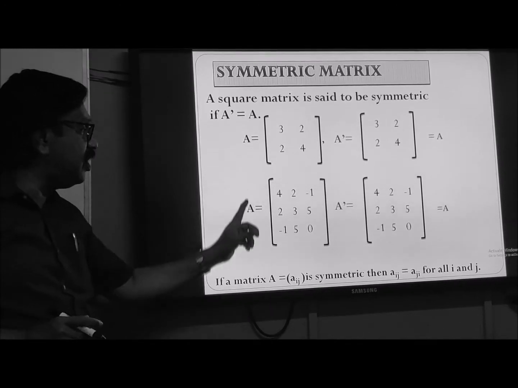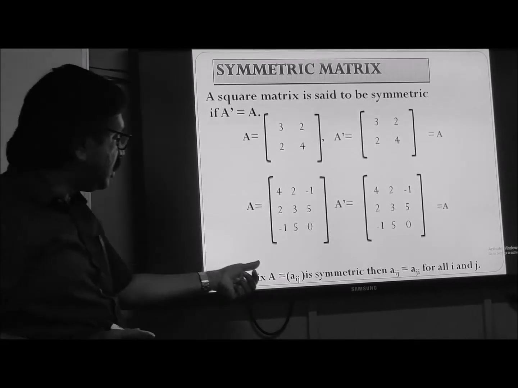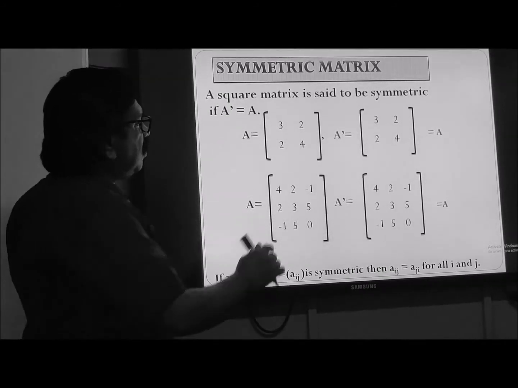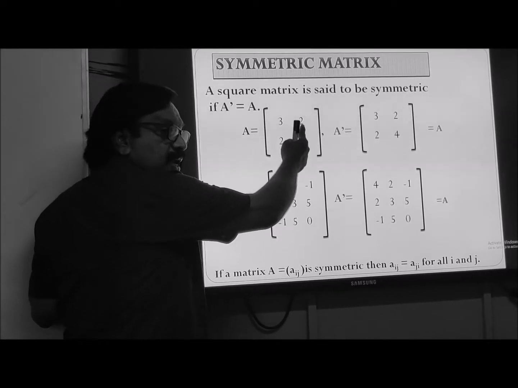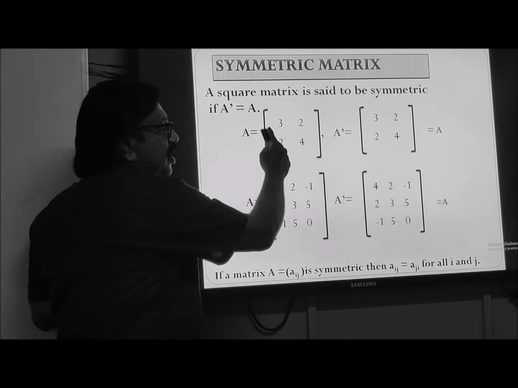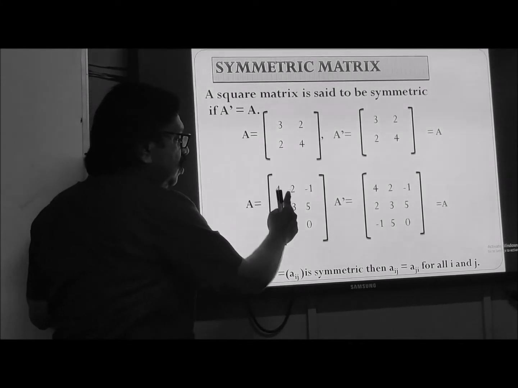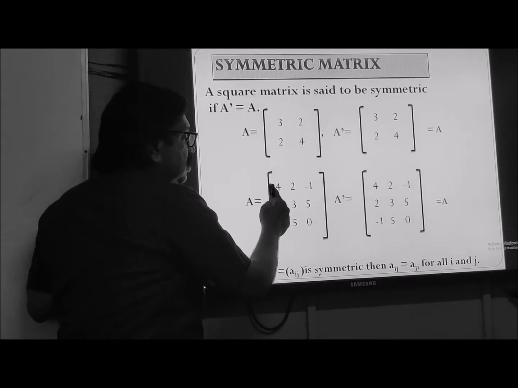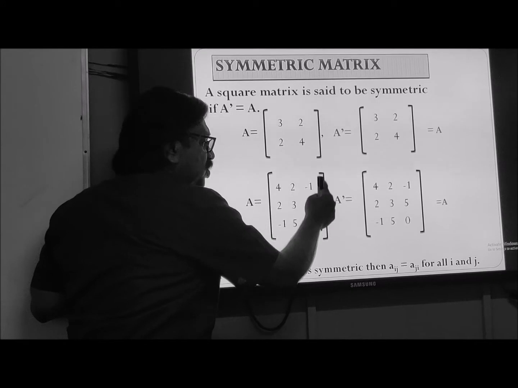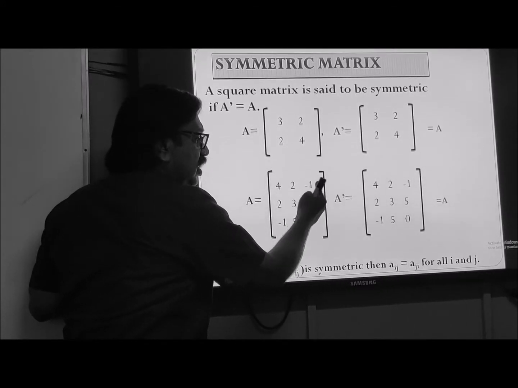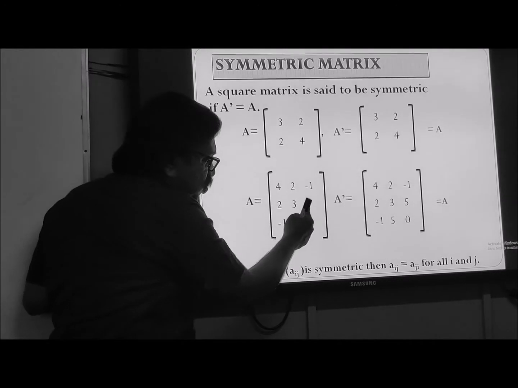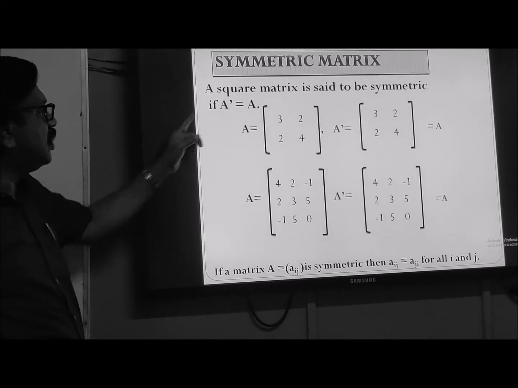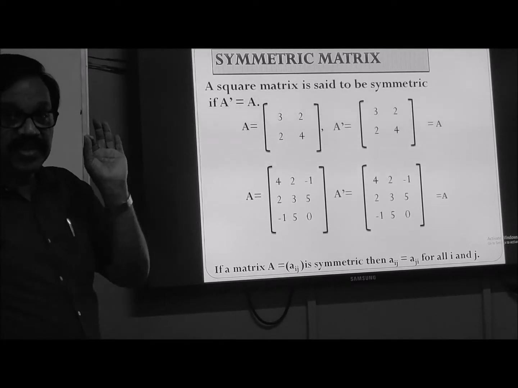Then what will happen? You see here, please note this. If A is the matrix (Aij), then Aij equal to Aji. You see the first row, second element, A12 will be same as A21. You see, A12 is same as A21. Here also, A12 is same as A21. The third element of the first row, we call it A13. It is same as A31. These two are equal. These two are equal. These two are equal. Then only the matrix can be symmetric. That is very important.